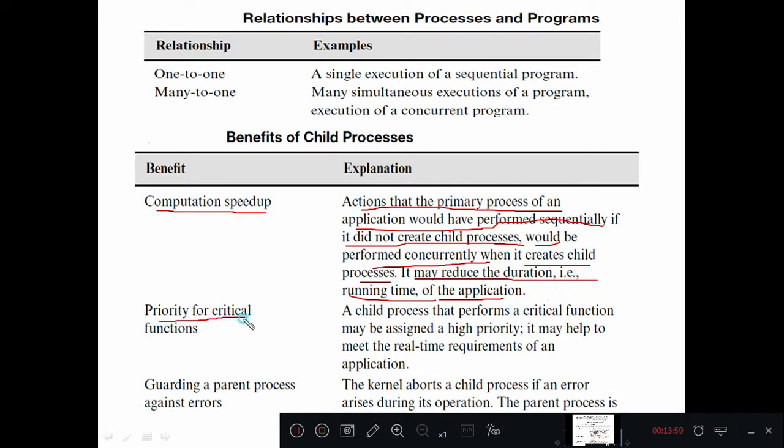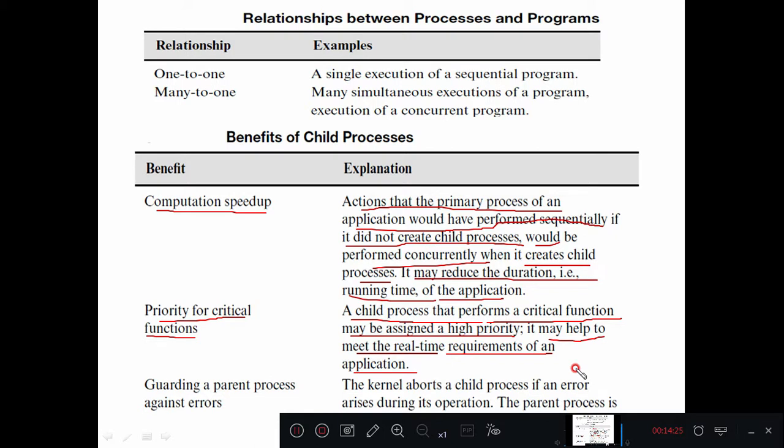Second, priority for critical functions. The operating system can assign different priorities for critical functions. A child process that performs a critical function may be assigned a higher priority. It may help to meet the real-time requirements of an application. So let us divide the complex application into a number of sub-applications.